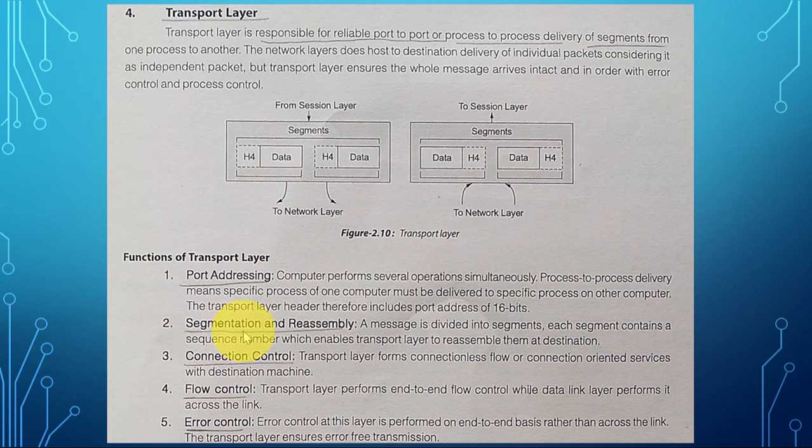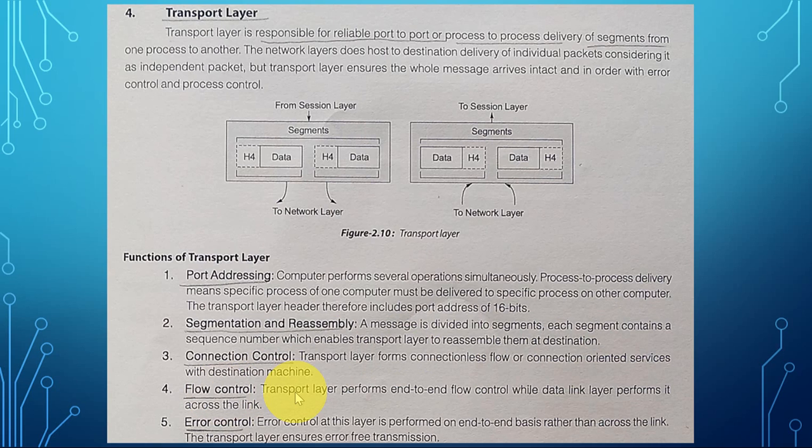Next is segmentation and assembly. A message is divided into segments or packets. Each segment contains a sequence number which enables the transport layer to reassemble them at the destination. Connection control: the transport layer provides connectionless or connection-oriented service with the destination machine.